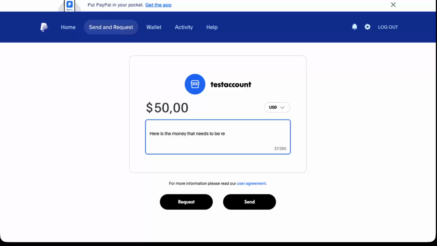Once everything looks good, the recipient, the amount, and your note, go ahead and click on the Request button. PayPal will send your request to that person, and they'll receive a notification with all the details you entered. That's all you need to do to